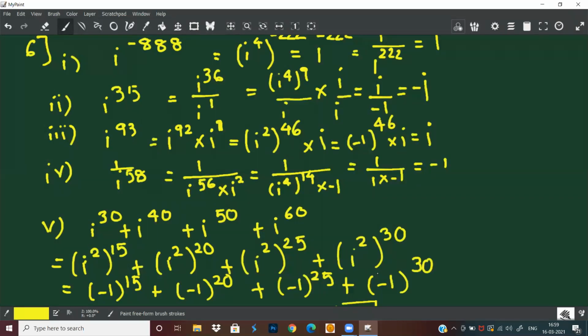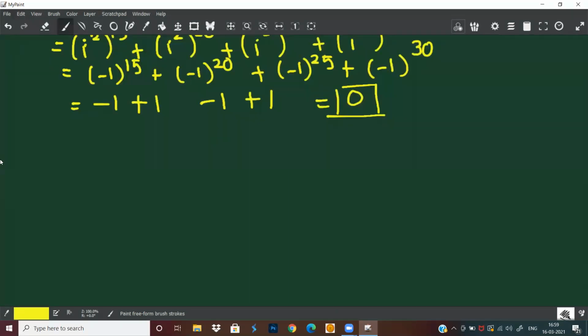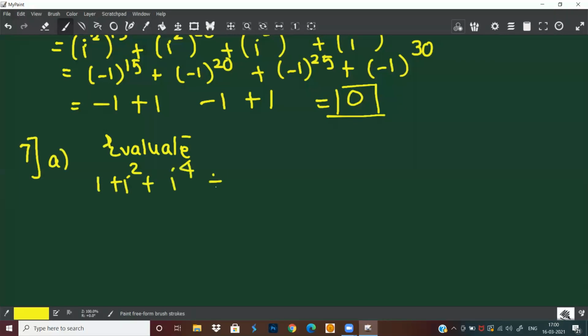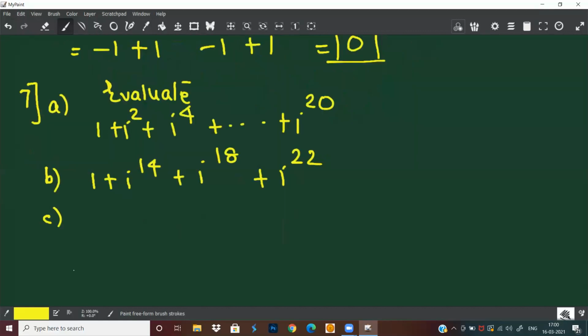All these sums you understood? Then I am taking your 5 minutes test abhi. 7A ये test है. Evaluate. Next is this you will do on your own. I'll give you 5-10 minutes. You can try also, no problem. Because खुद करोगे ना तो हो गया एक बार. Then show that